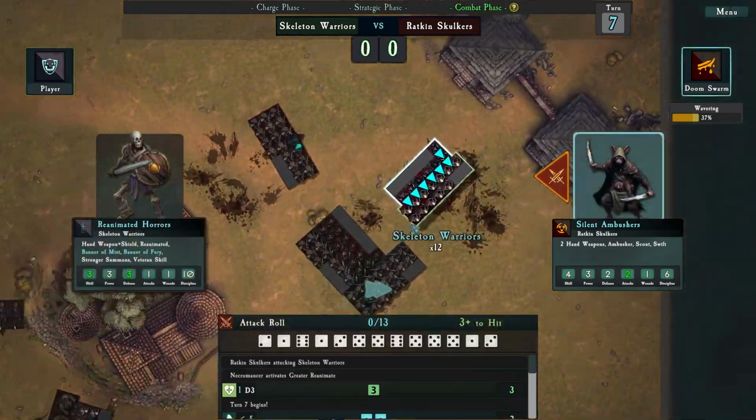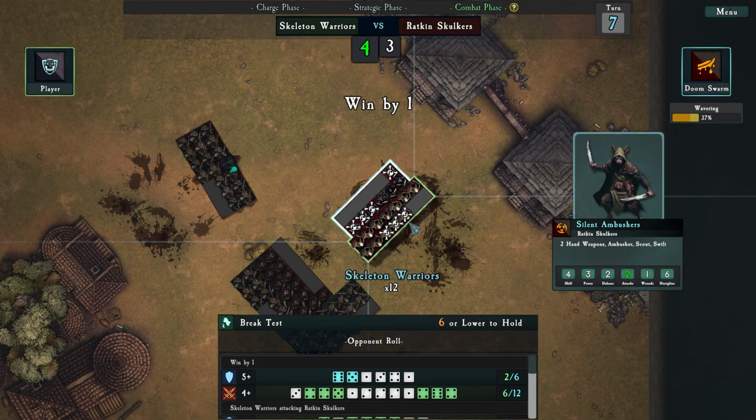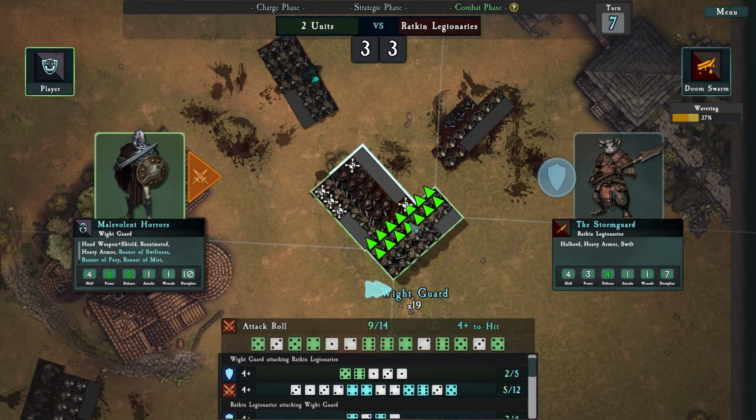So, demonstrating the kind of downside to having this many infantry. You can't really make use of them properly. Can't get around and flank things, so you just get stuck fighting head on. Oh, that's a lot of...